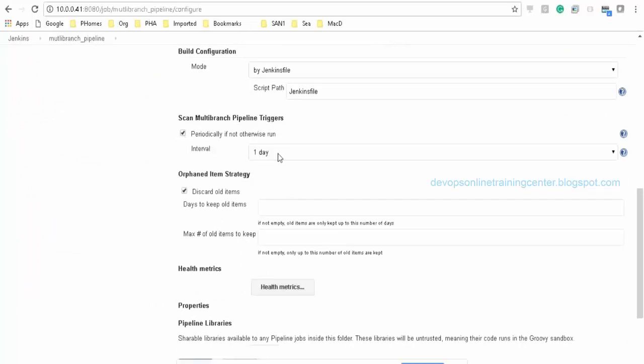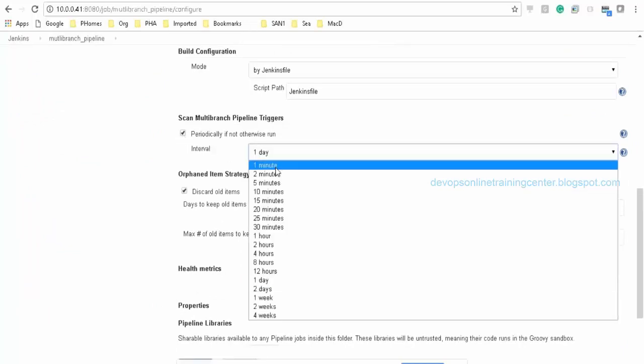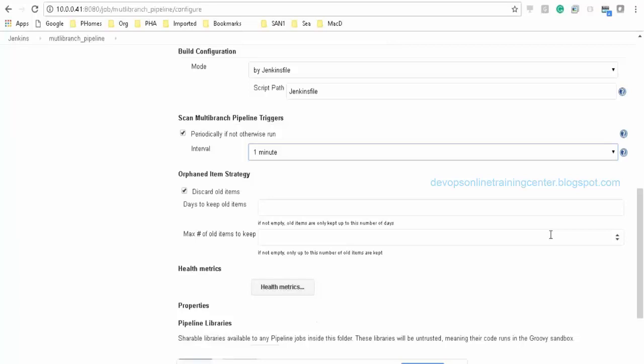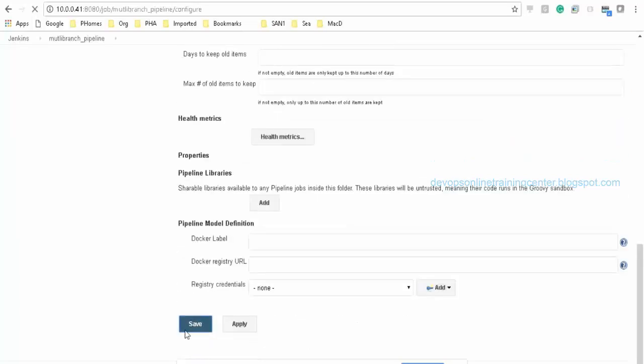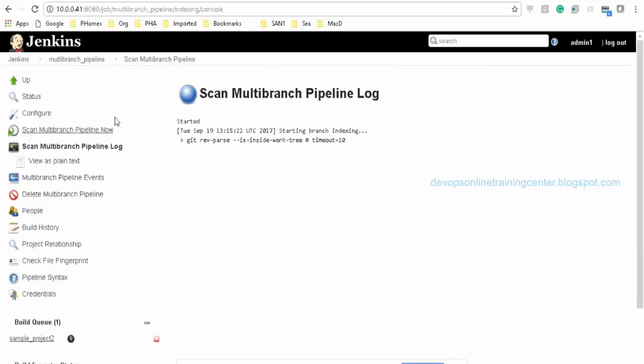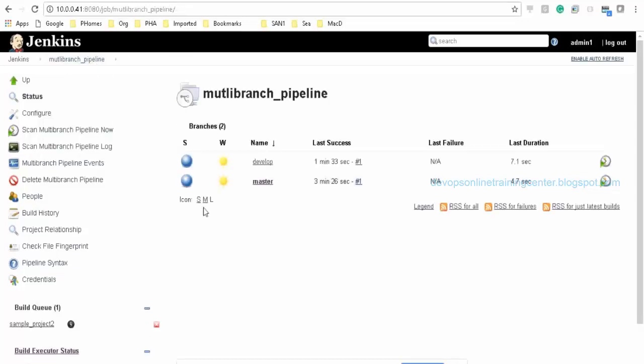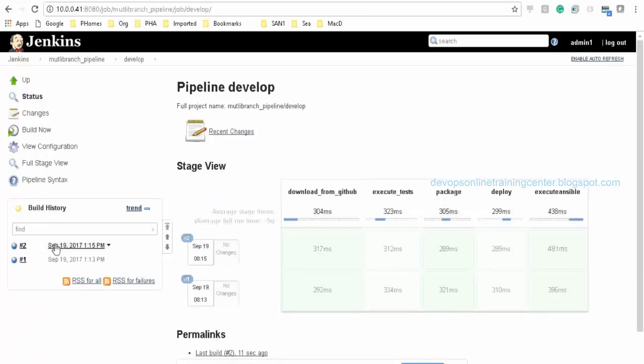Scan multi-branch pipeline interval: I can select anything, 1 minute, 1 day, 2 minutes or anything. So this will poll the multi-branch pipeline, and if there is any change, it will automatically detect. It should create a second build. Just now it has started the second build and it executed.